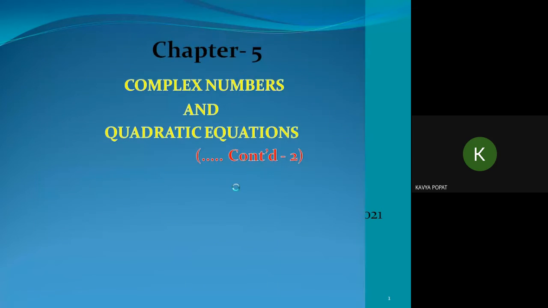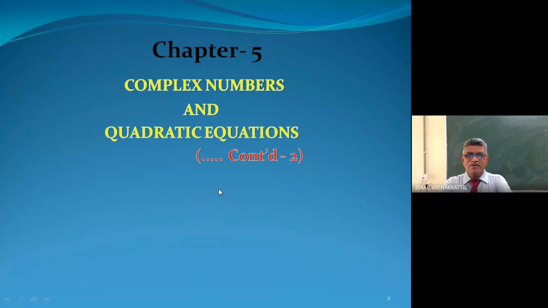Great. Well, we have the second day in complex numbers. We know how to add two complex numbers, and we know when two complex numbers are equal. Two complex numbers are equal if their real parts and imaginary parts are separately equal. And when you add two complex numbers, we add their real parts and imaginary parts separately.